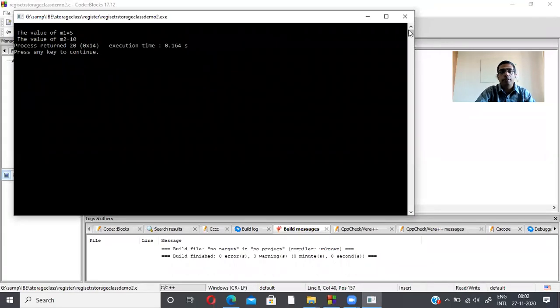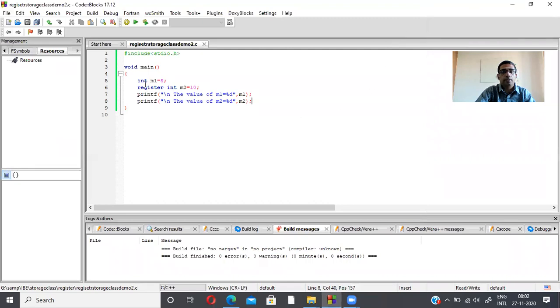Now I'm attempting to declare a register variable as a global variable. For example, register integer m3. Here I'm attempting to declare it. What will happen? We'll run the program.